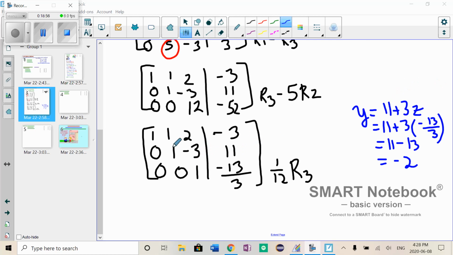Sometimes it's quicker once you get it to this stage, or once you know one variable, just to stop and substitute. So I know that z is -13 over 3, and these 3's cancel out really nicely. So it's 11 minus 13, which is -2. And now that I know